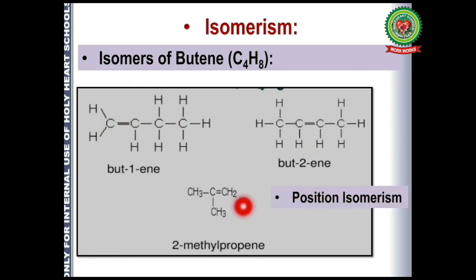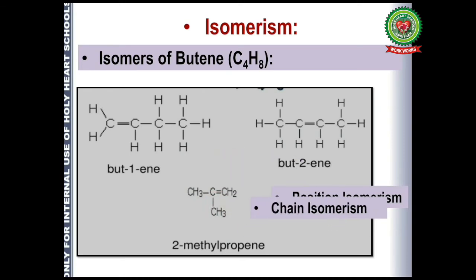Okay. Now when we see the third case, in this the double bond is at the first position. But what we are finding here is that the chain, initially it was a straight chain and now it became a branched chain. That means the terminal carbon has been shifted here to the second position. The name is 2-methyl propene. We can write 2-methylprop-1-ene, but from either side if we write, it comes out to be 1. So if you do not give 1 there, then also it is okay.